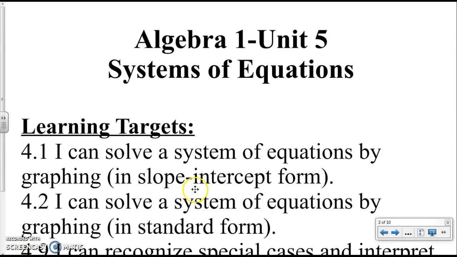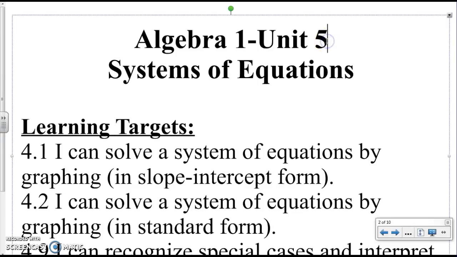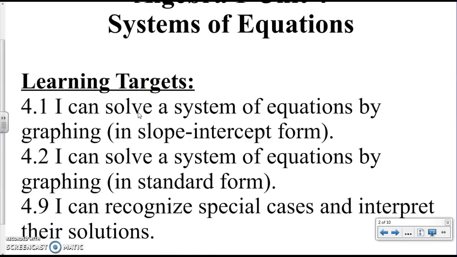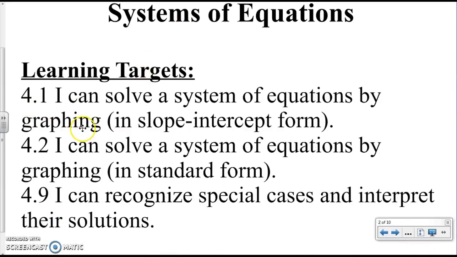Good morning. In these first two videos, we're going to talk about how to solve systems of equations, which is Unit 4, not Unit 5, and focus on solving systems of equations by graphing. So in this first video, we'll talk about graphing when the equations are in slope-intercept form, and then in the second video, we'll talk about how to graph when they are in standard form. In addition, we're also going to talk about special cases and what they look like